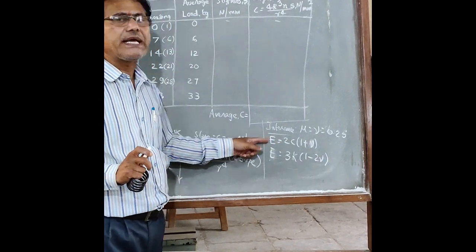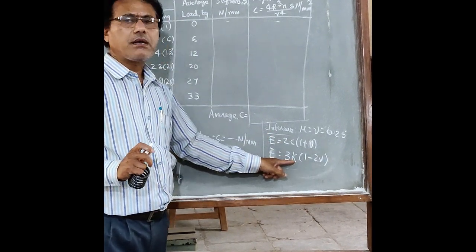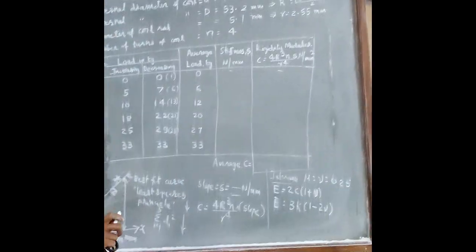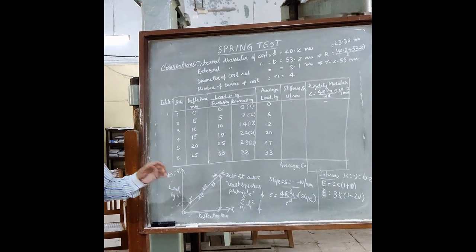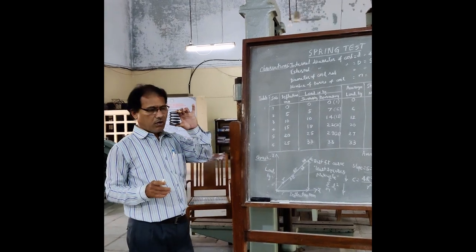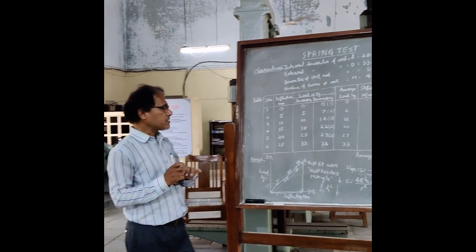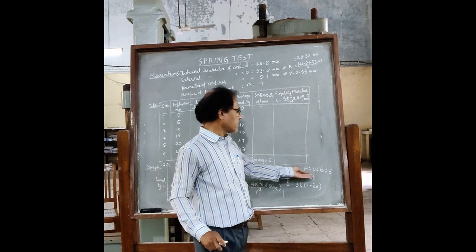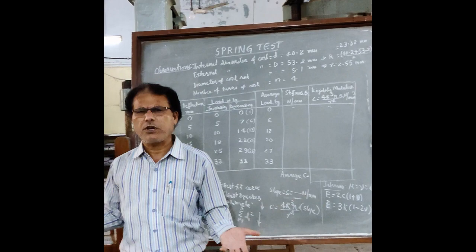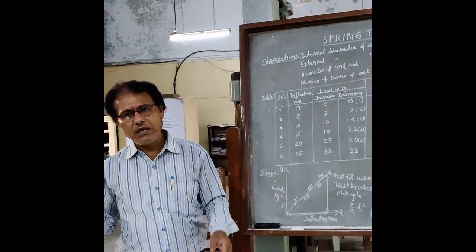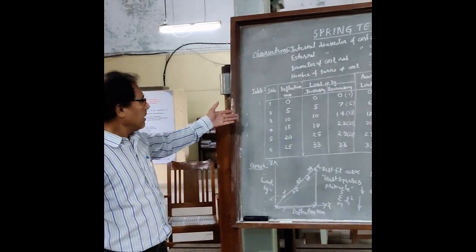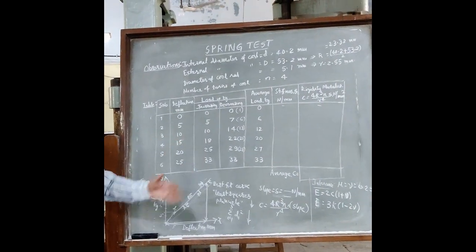In the previous step I got Young's modulus. Now you get the bulk modulus K. Therefore, now you report these as the inferences: assuming Poisson's ratio of the given closed coiled helical spring as 0.25, the Young's modulus is equal to, let us say, some 1.98 into 10 to the power 5 Newton per mm square, and the bulk modulus is approximately 0.5433 into 10 to the power 5 Newton per mm square. That is how the calculations, including the results and inferences, are done.